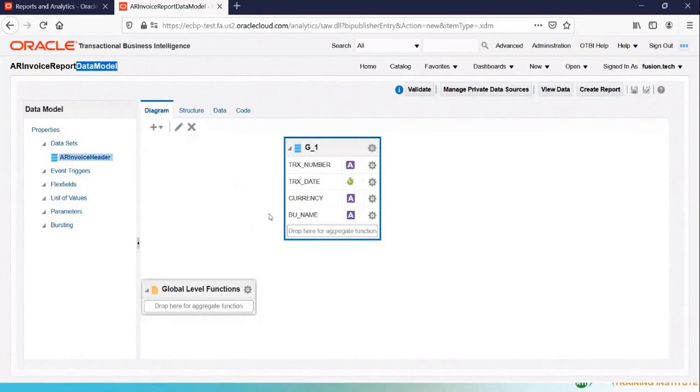I am telling what we are going to do, and at each and every step I am also explaining what I am doing. So we have been building a data model in a BIP report for the past half an hour, and you are asking me again how to build a data model in a BIP. This is how you build it. Okay. I'm not sure.